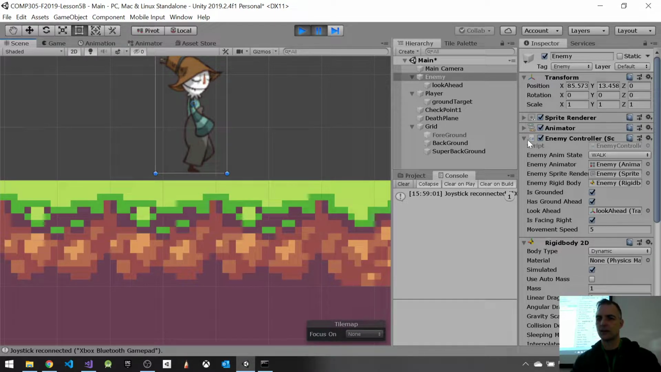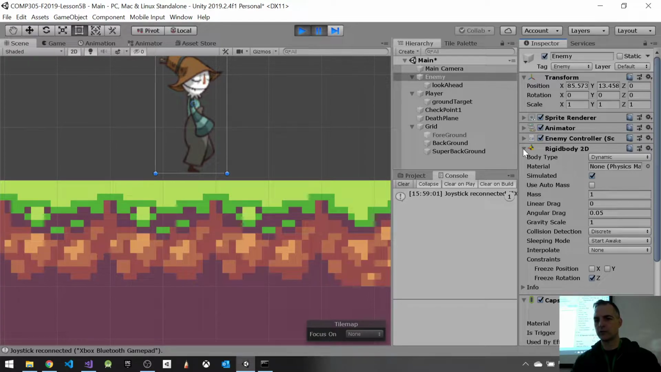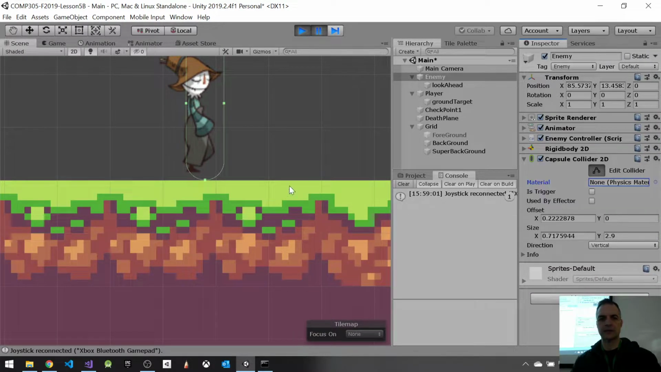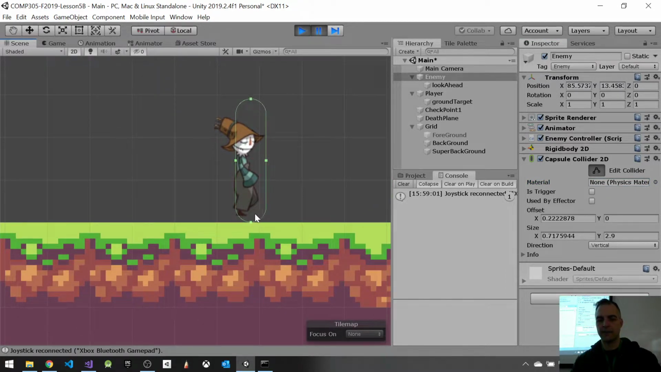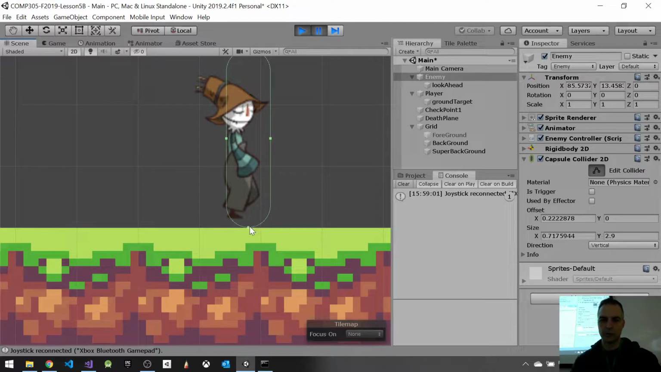So what we want to do now is go to the collider. Here's our capsule collider, and we can see what the problem is immediately. The capsule collider is way too high up. And what we want to do is move this capsule collider down a little bit. He's also a little bit too much forward. Just a little bit, because if we go too crazy like that